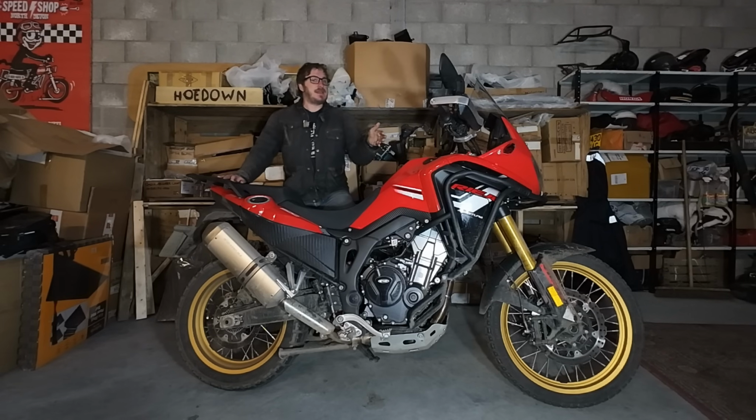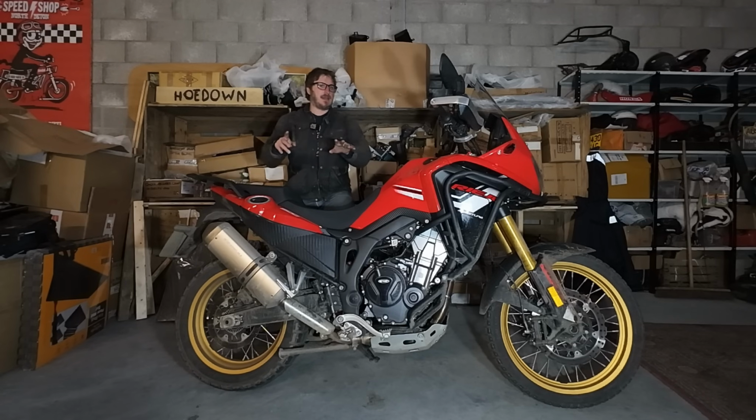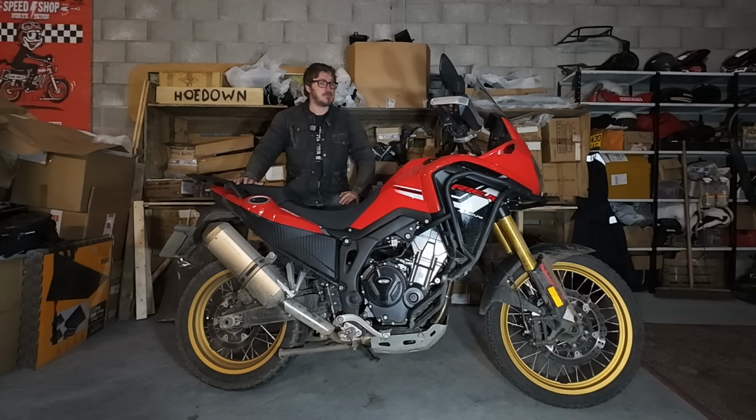Is it as good as a Japanese bike? I think this is the point where we have to accept that China has elevated Japan. I don't care what anybody says. They'll say, no, the Japan. You know what? There's a bad case of Stockholm syndrome going around with the Japanese. I mean, yes, they build reliable bikes, but hell, have they stopped innovating, delivering exciting new bikes? And that's where China,